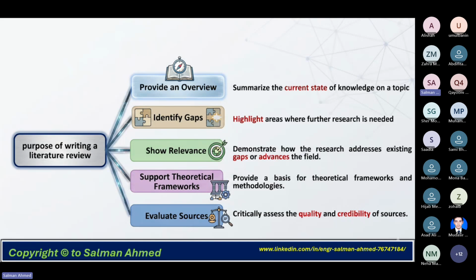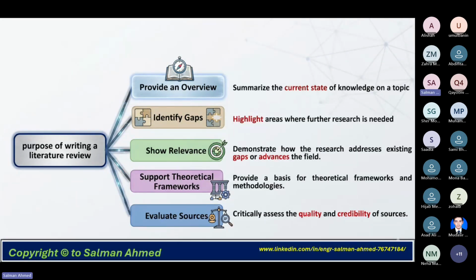After that is evaluate sources. What does it mean here? Sometimes it happens that many of the publications are unauthentic. The journals are not reliable. If you refer to those journals for highlighting or finalizing your research gap, that may be raising a question about the quality of your work.